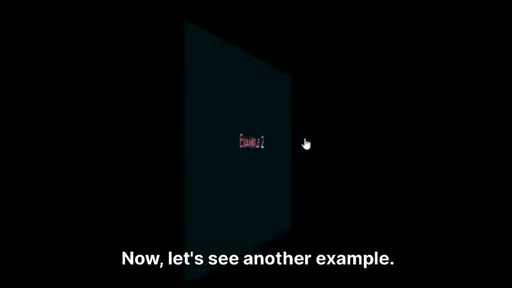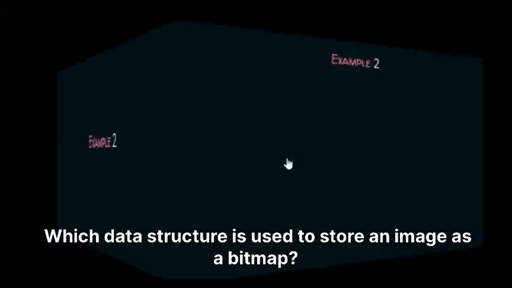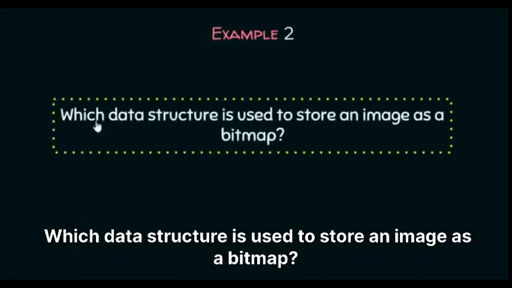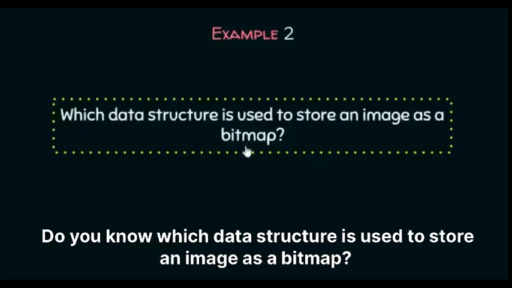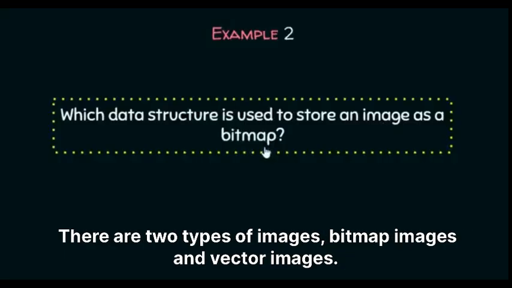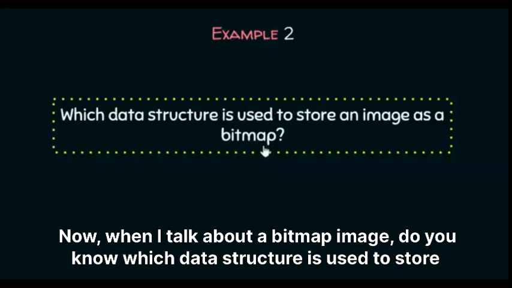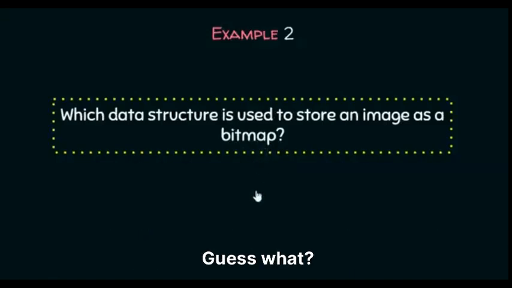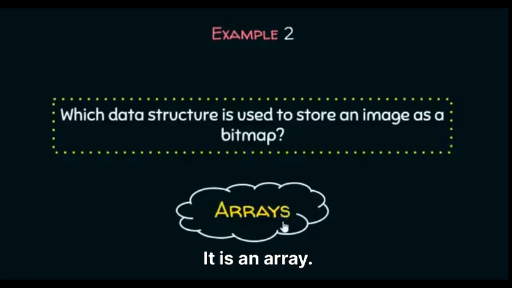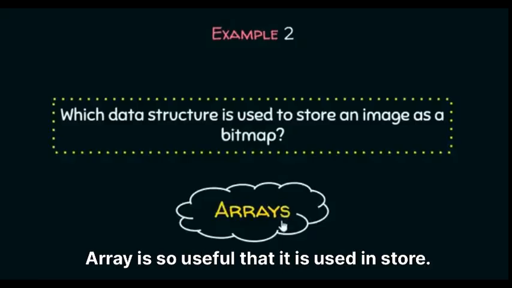Now let's see another example. Which data structure is used to store an image as a bitmap? Do you know which data structure is used to store an image as a bitmap? There are two types of images, bitmap images and vector images. Now, when I talk about a bitmap image, do you know which data structure is used to store that image? Guess what? It is an array. Array is so useful that it is used in